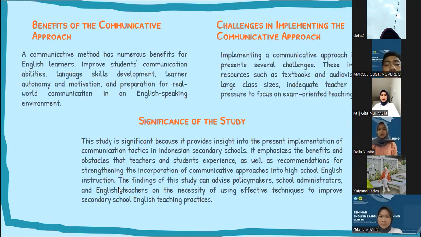Methodology. The benefits of the communicative approach. A communicative method has numerous benefits for English learners: improved student communication abilities, language skill development, learner autonomy and motivation, and preparation for real-world communication in an English-speaking environment. Challenges in implementing the communicative approach. Implementing a communicative approach in high school presents several challenges. This includes limited resources such as textbooks and audiovisual materials, large class sizes, inadequate teacher training, and pressure to focus